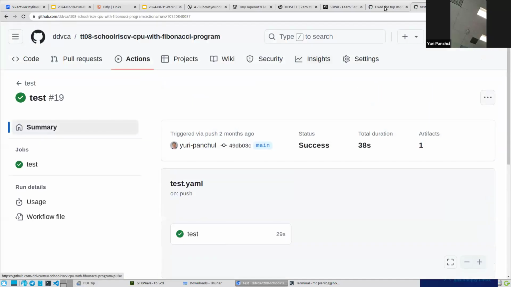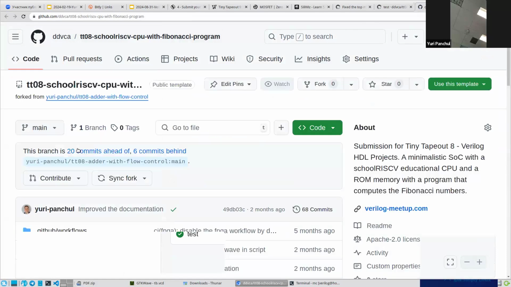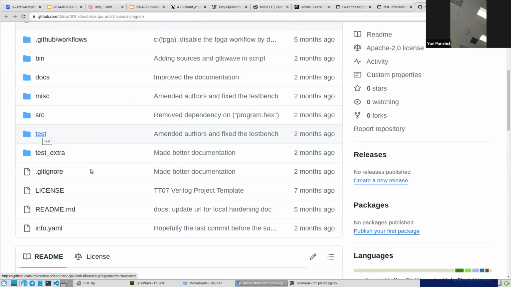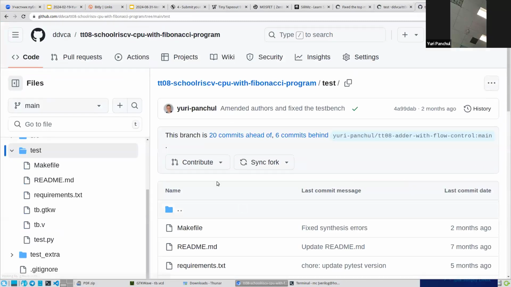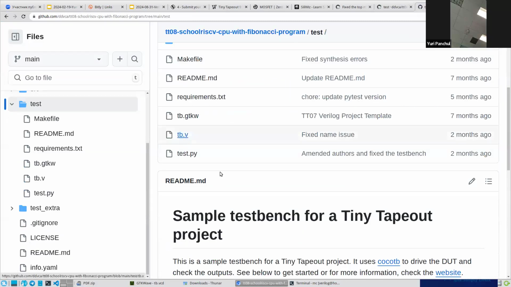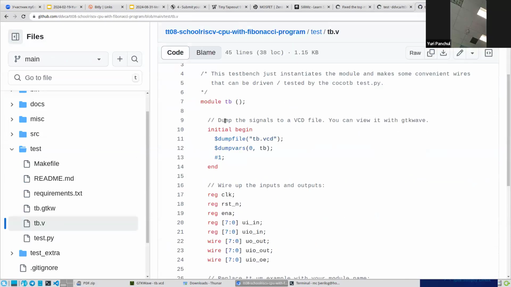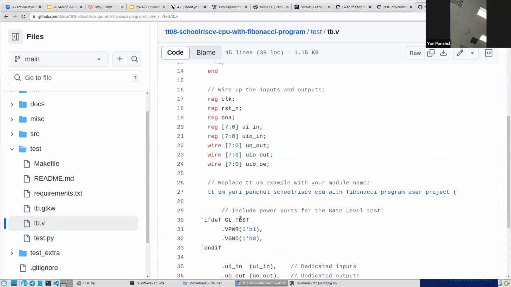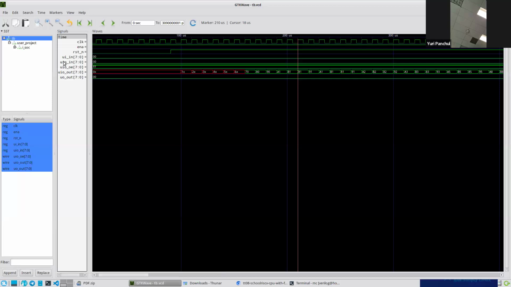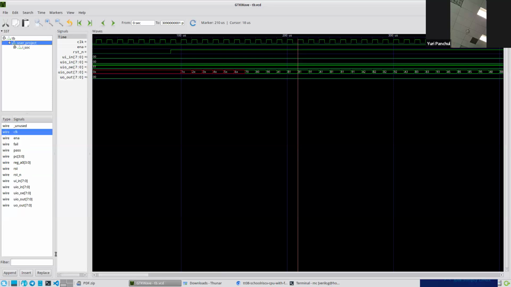If you go back to the code, you can see signals on the test bench. So this is a test, and we have here the test bench. In this test bench, it simply instantiates our design. So those are signals from the test bench. Now, if we add to GTKWave user project, those are signals we have on the level of